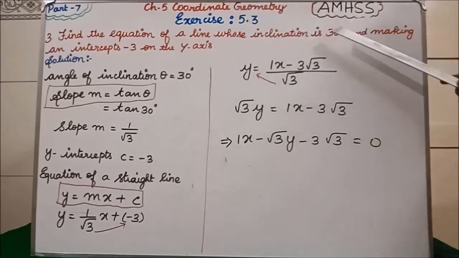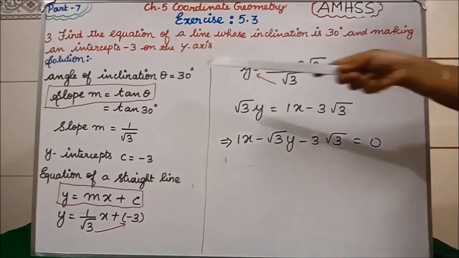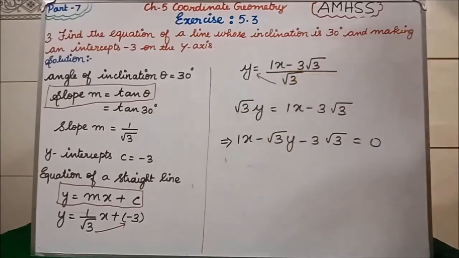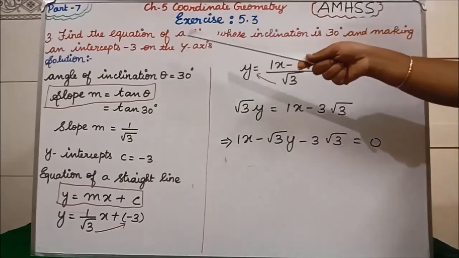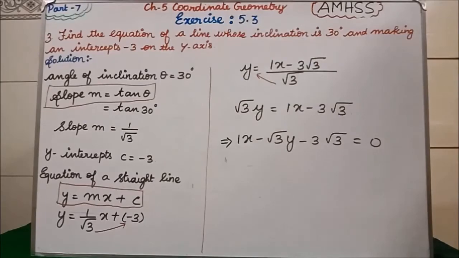Angle of inclination theta equal to 30 degree they have given. From this, as I told you in the part 1 video itself, if they give the theta value, immediately you have to think about slope m is equal to tan theta. So instead of theta they have given 30 degree. In the tabular column, if you see, tan 30 degree value was what? 1 by root 3. Now we have got slope m is equal to 1 by root 3. Next, what have they given in the question? Intercept -3 on the y-axis. So which means c is equal to -3.